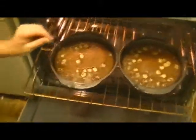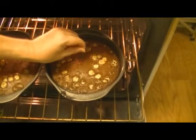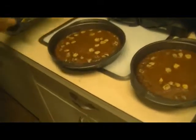All right, let's see that cake. Toothpick test. In the centermost point of the cake, if it comes back clean, that cake is ready. Let's try the other one. Those cakes are ready. Those greasy pigs need to come out of the oven. Ooh, yes. Now, let these cool for a little bit, and then